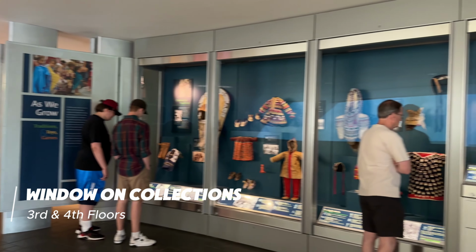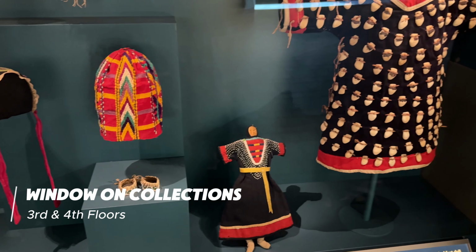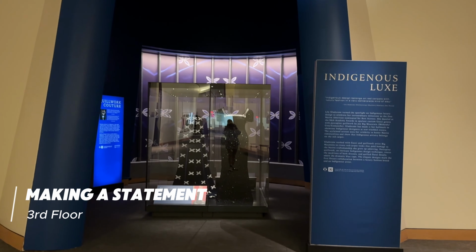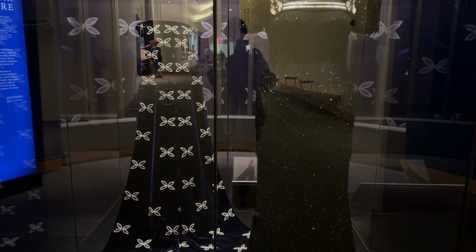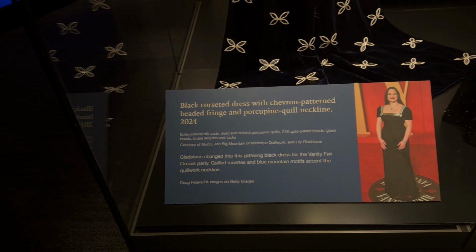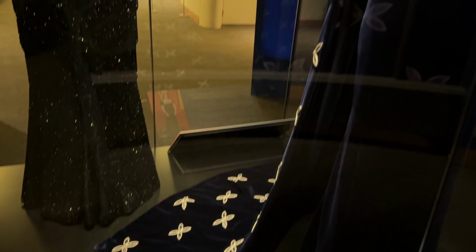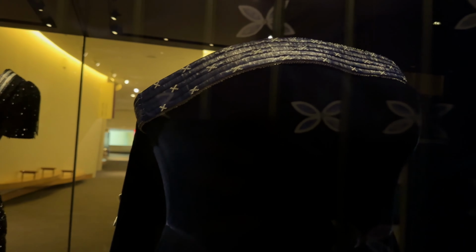On this floor, you'll also find a number of smaller exhibits showcasing Indigenous artifacts from the museum's collections. Right now, you can also see Making a Statement, which includes 2 gowns worn by Lily Gladstone at the 94th Academy Awards and Vanity Fair after party, where Gladstone was the first Native American nominated for Best Actress for her work in the movie Killers of the Flower Moon. Her gowns were a custom collaboration by Gucci and an Indigenous artist, using Indigenous-inspired designs and this beautiful porcupine quill